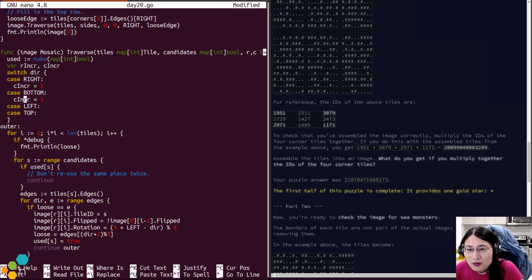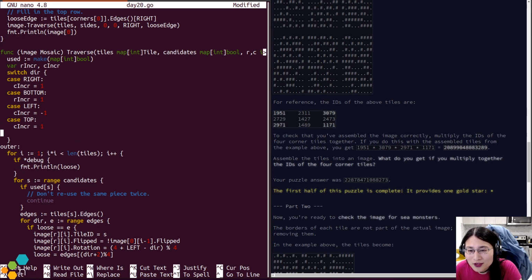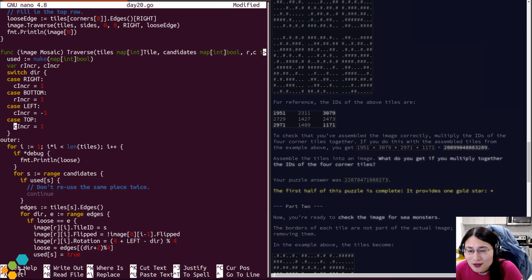All right, if we're doing bottom, R anchor is 1. If we're doing left, C anchor is -1. If we're doing top, then R anchor is -1. Okay.